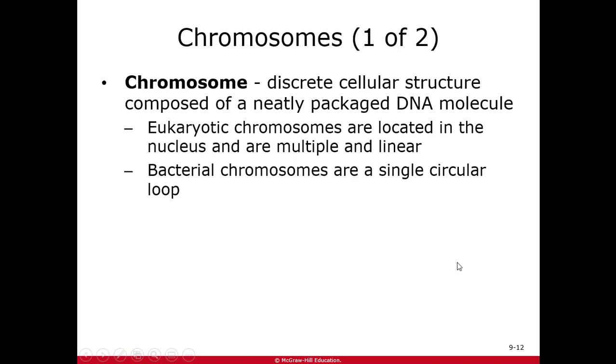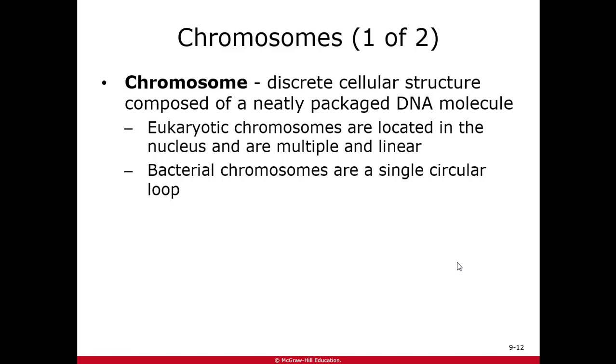Now, a chromosome, where we find this DNA, is neatly packaged DNA. Now, eukaryotic cells, their chromosomes are linear. If I had to draw one of your chromosomes, I would draw an X. That's 2 lines. So chromosomes are linear, and there are multiple of them. You have 23 pairs for a total of 46 chromosomes in your cells. Other organisms have chromosomes in the hundreds. And so eukaryotic cells have multiple chromosomes, and they're all linear, and they're all found in the nucleus,